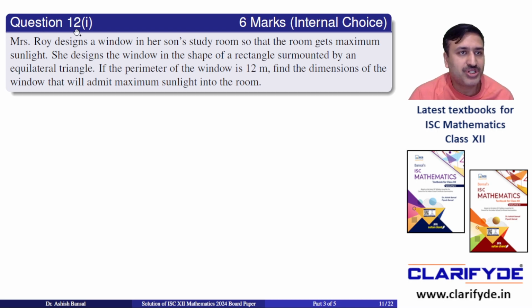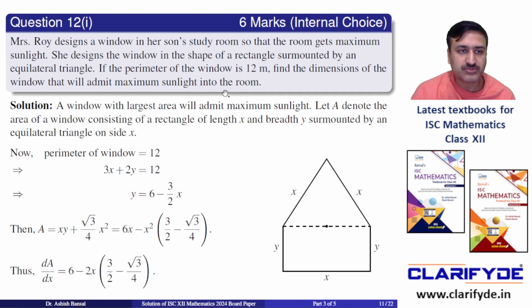Now, moving to question number 12, first part. It is a 6 marks question. There is an internal choice. The first part says, Mrs. Roy designs a window in her son's study room so that the room gets maximum sunlight. She designs the window in the shape of a rectangle surmounted by an equilateral triangle. If the perimeter of the window is 12 meters, find the dimensions of the window that will admit maximum sunlight in the room. So we are given a window